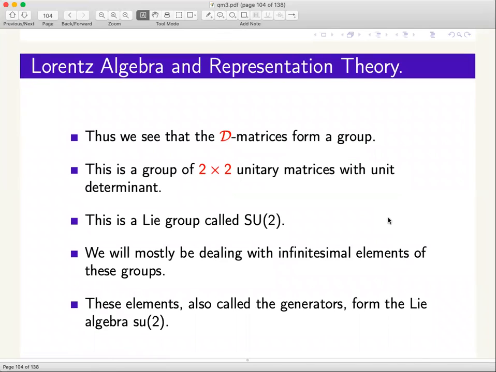What we would be doing, as I said some time ago, is concentrating only on the infinitesimal elements of the groups, which, in other words, means looking at the algebra. So instead of looking at the Lie group SU2, we would really be looking at the Lie algebra su2. This is a general convention in mathematics that if you write a group as, say, capital G, then the algebra is written as small g. If you call a group capital SU2, then you write the algebra as small su2. This is just pure convention. Whenever I write su2 with small letters, it is implied that I'm talking about the algebra, and not the group.